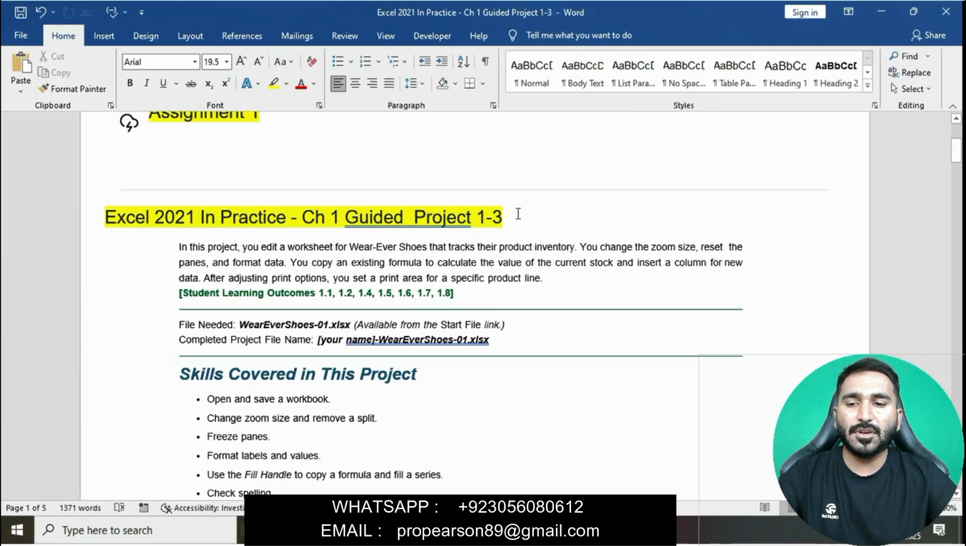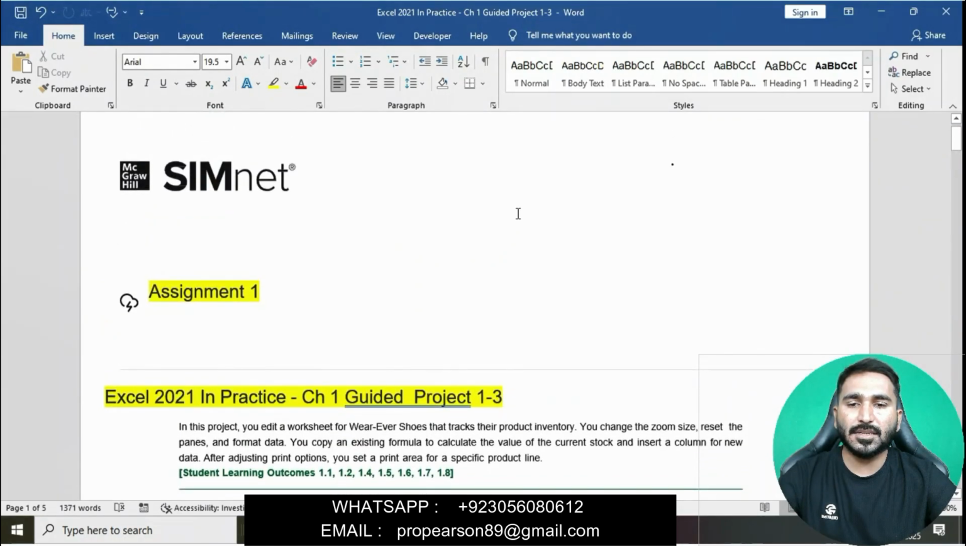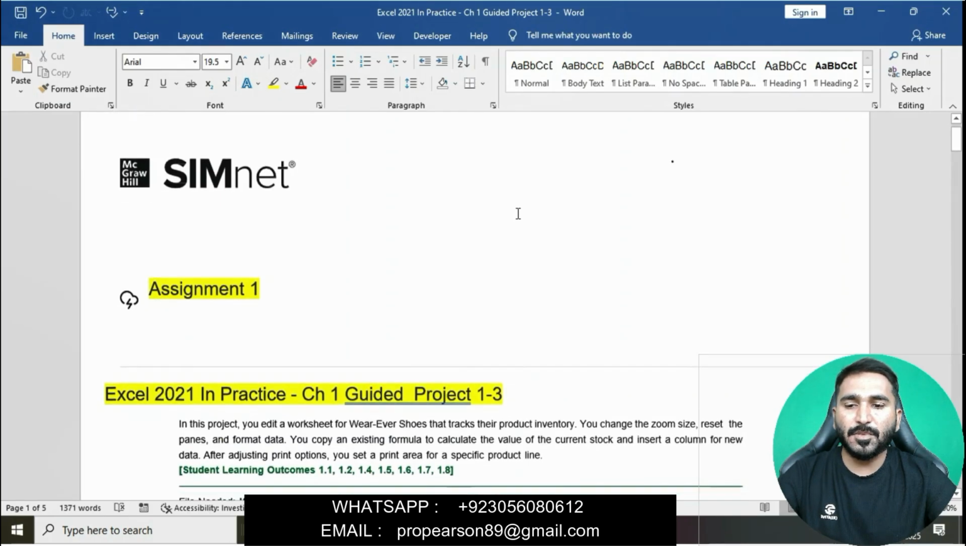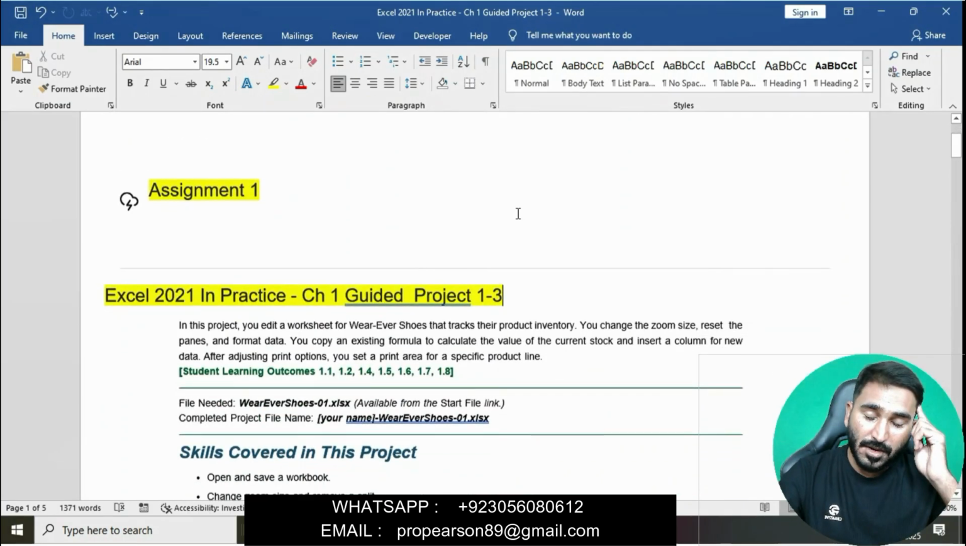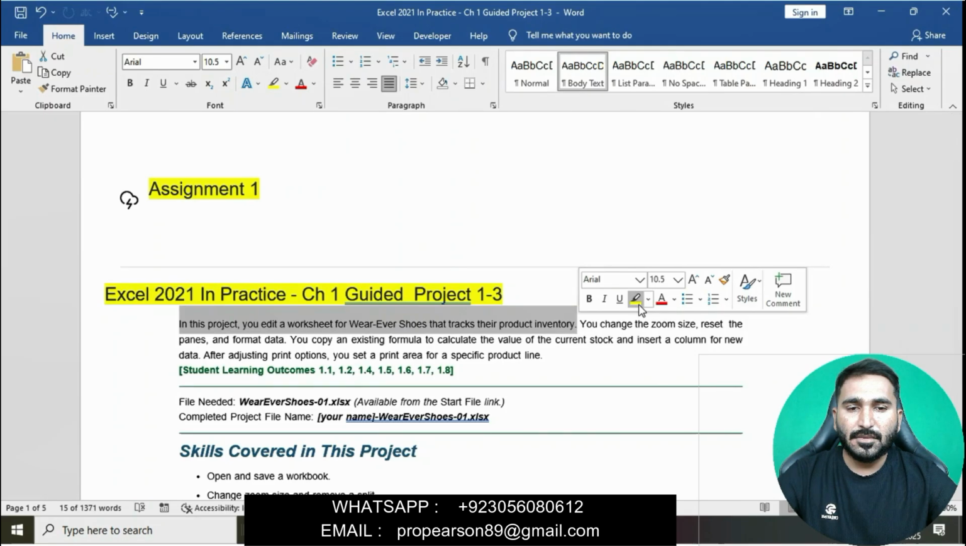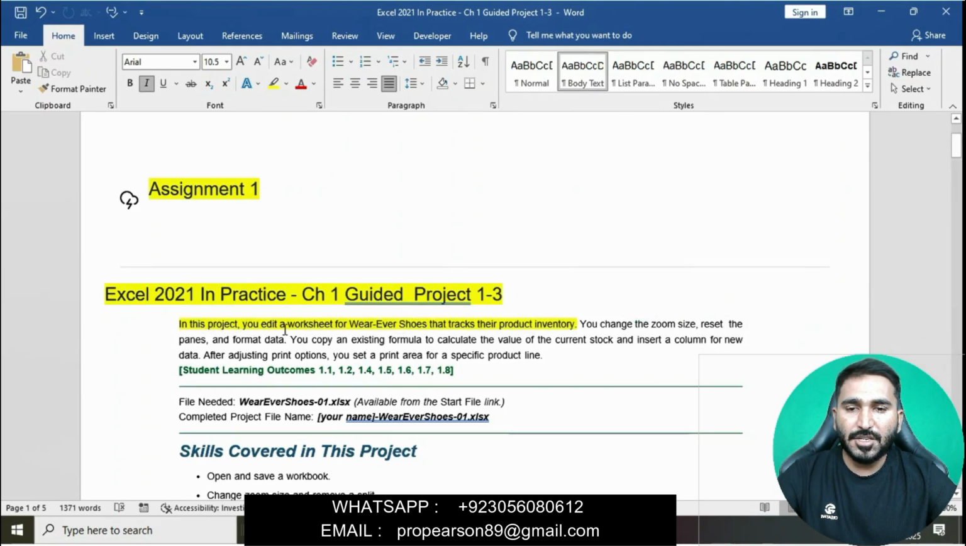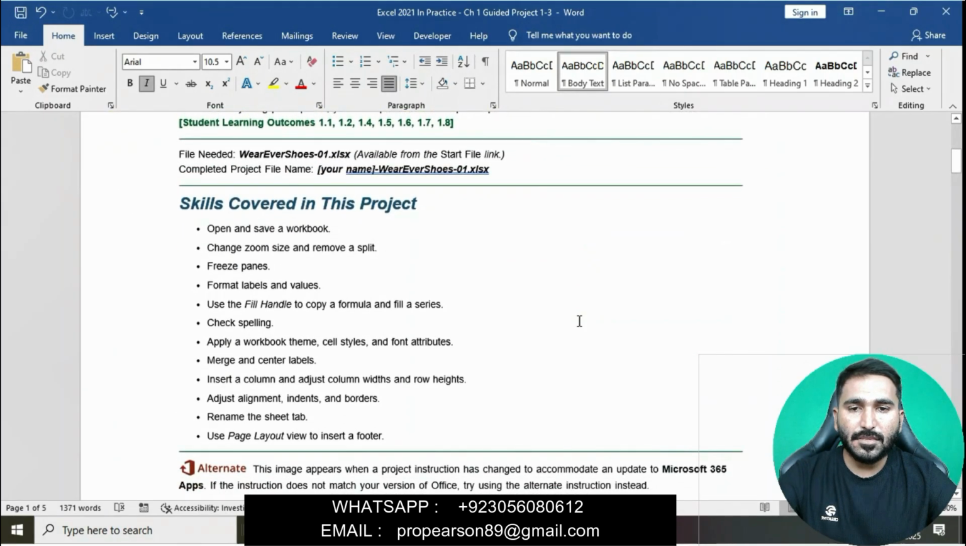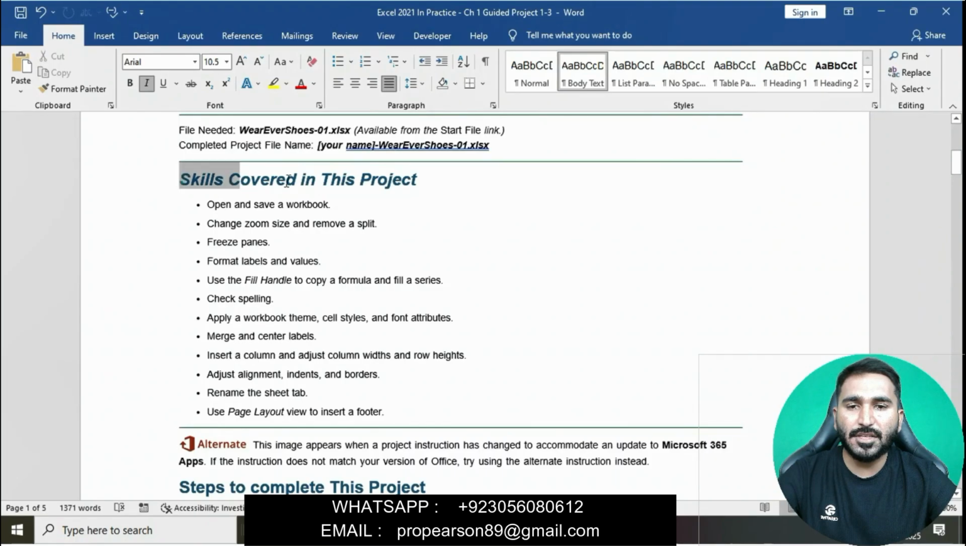Let's start our project and solve it step by step. The title of the project is Assignment 1, Excel 2021 in Practice, Chapter 1 Guided Project. Basically we will have to download this file from the Simnet website. You can download this file easily from your Simnet website. I have also downloaded this file from the Simnet website. In this project you added a worksheet for Wherever Shoes that tracks their product inventory. Now we will start here. Skills covered in this project: